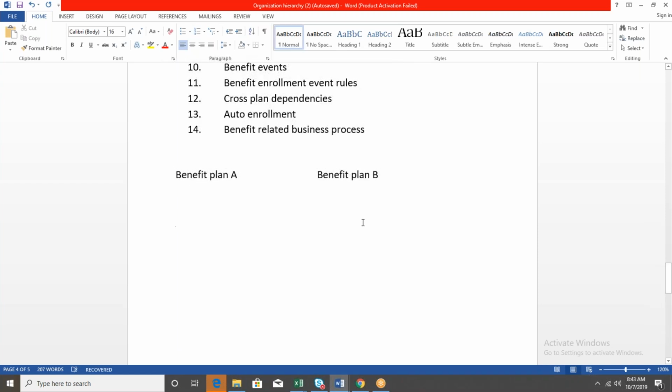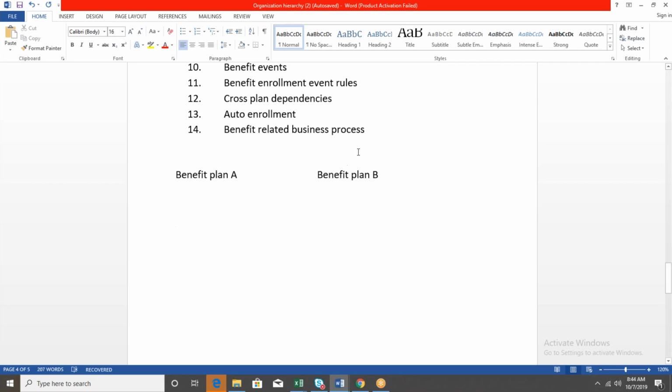Yeah, sure, no worries. Let's suppose you're working with an organization, ABC organization, and now your manager, a benefit partner, told you, if you are enrolling into plan A, you are no longer eligible for plan B. That is the first scenario.